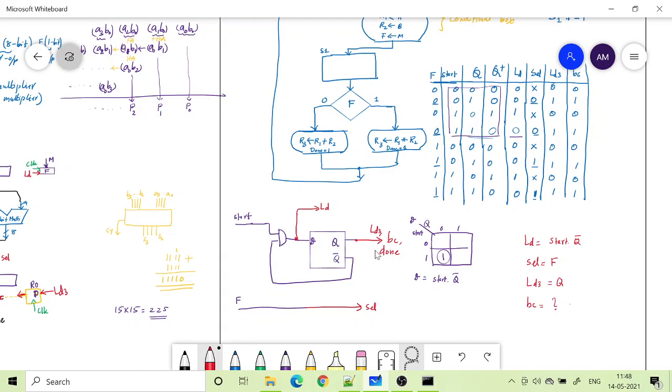So once it is loaded, we will enable the tri-state buffer, and whatever is the content in the register will be displayed at the output.